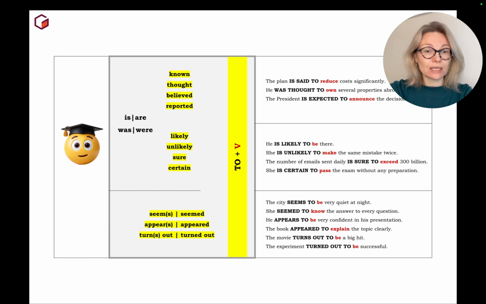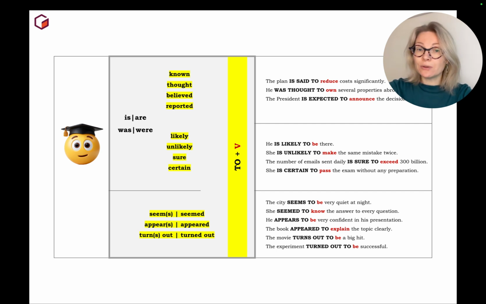And another block is with likely, certainly, unlikely, sure, certain, which mean our attitude to that. And also verbs like seem, appear, turn out. So they are the most popular. And after that, of course, infinitive. The idea is, so let's read the rules and understand the difference and try to understand why we need them.